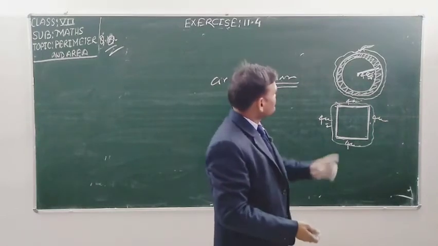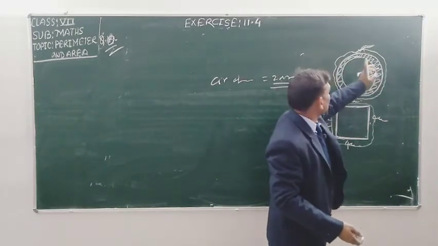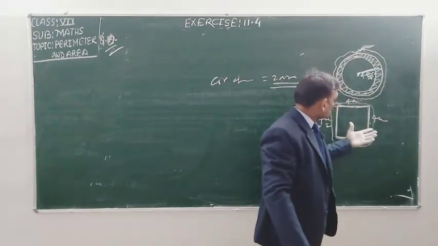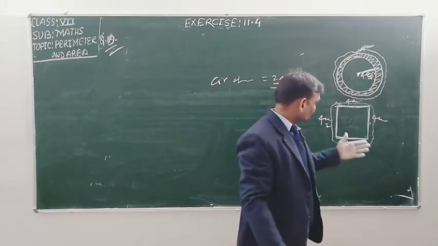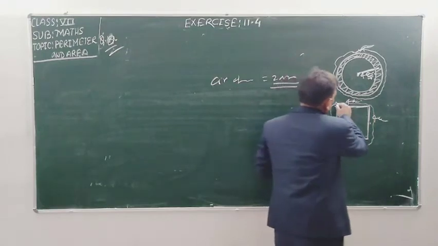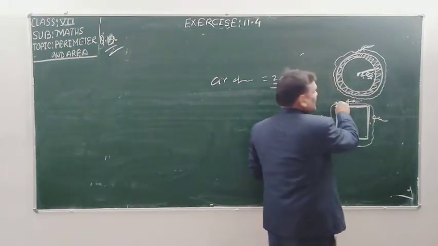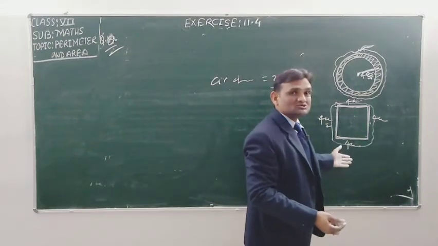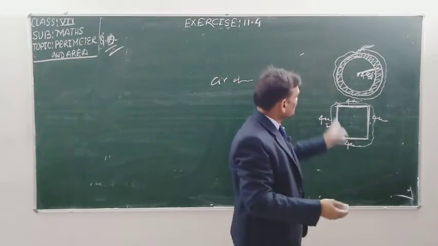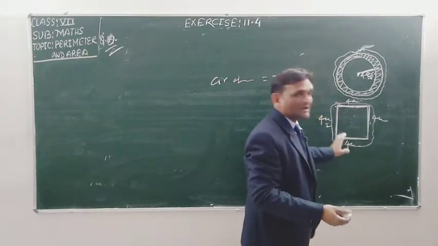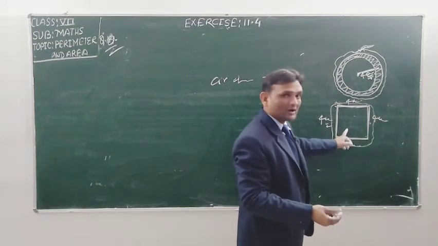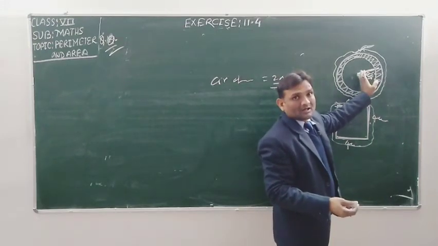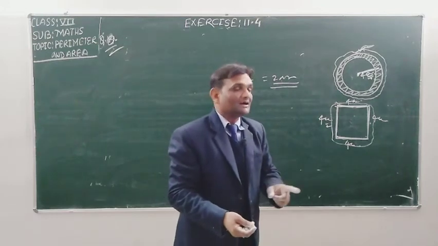Why? Because as much as the circumference is, that much card we will wrap, and this same card we are wrapping on the square. So how much card will be left or how much is in excess? So student, the card that we put on the square box will be equal to the perimeter of the square. So find the perimeter of the square, and in the last line you will subtract the perimeter of the square box from the circumference of the circular pipe, and whatever amount you find, that will be the card left.